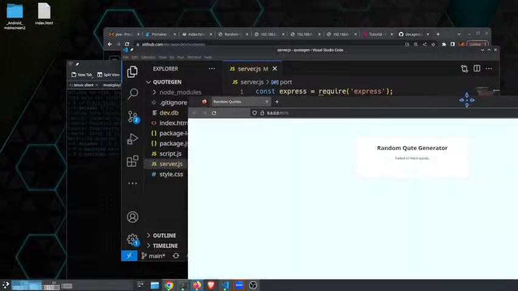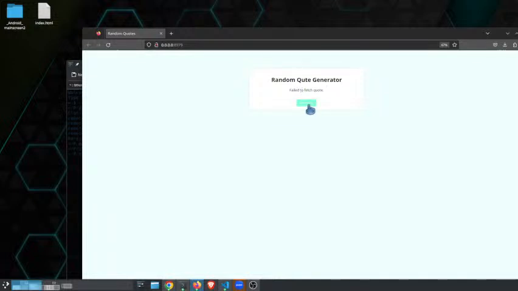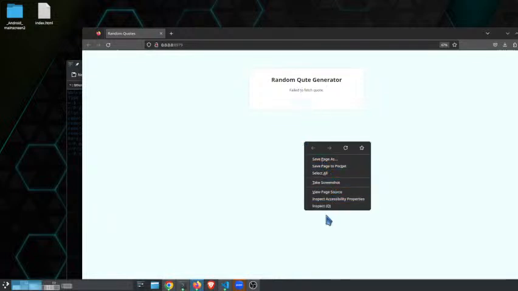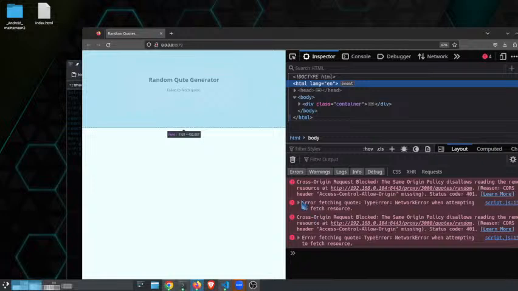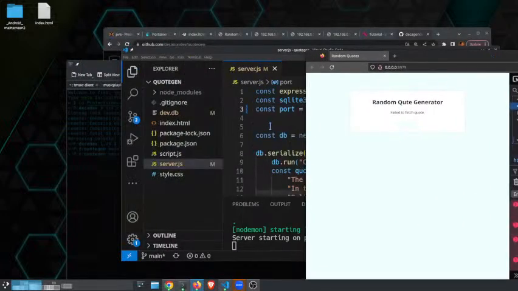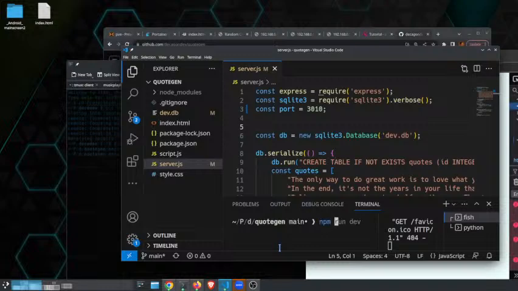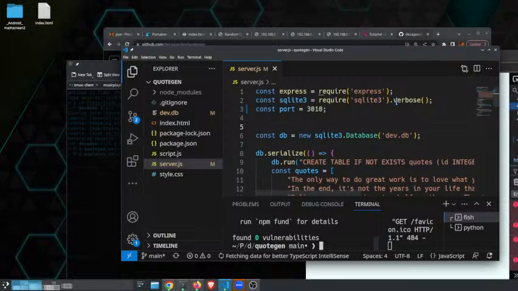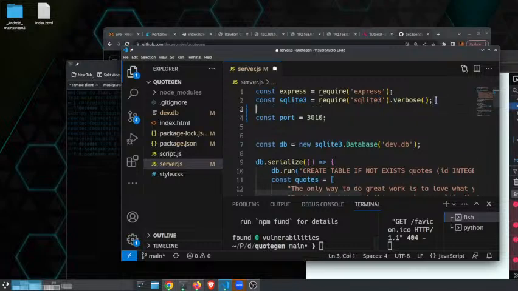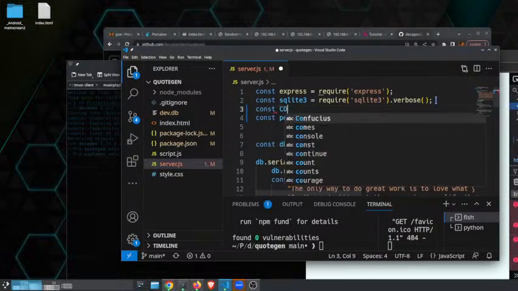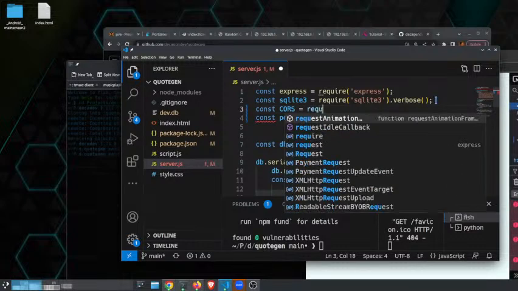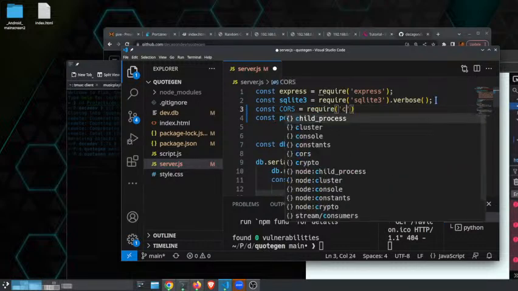This one also failed to fetch the quote, but I think that may actually be because of cross origin. That's what I was expecting. That's good. Well, it's not good, but it's not bad. So what I can do here is, if I stop this for a moment, I can now do an npm install of cors. Then we can do a const cors equals require cors,